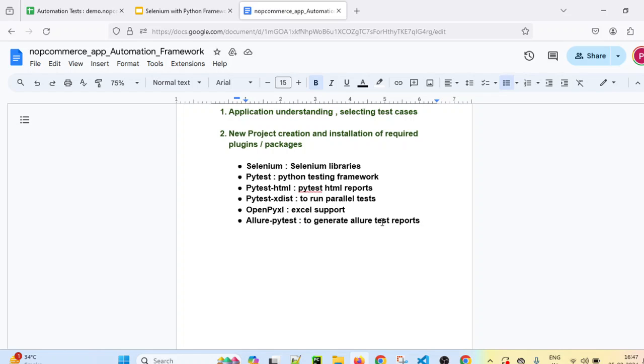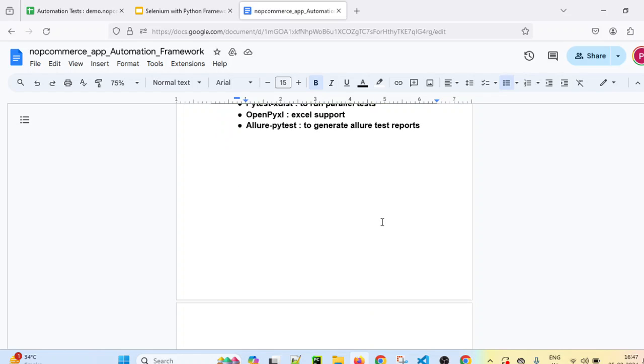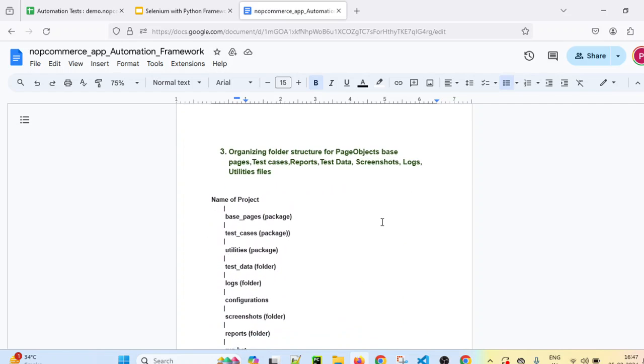So we have installed all the plugins in our project. Then in step 3 we created the folder structure for our page objects, base pages, test cases, reports, test data, screenshots, logs, utility files, etc.